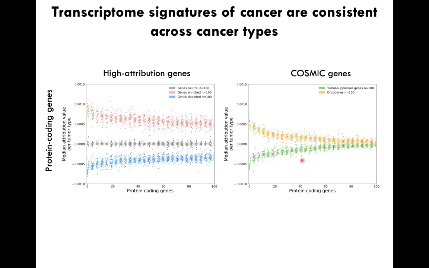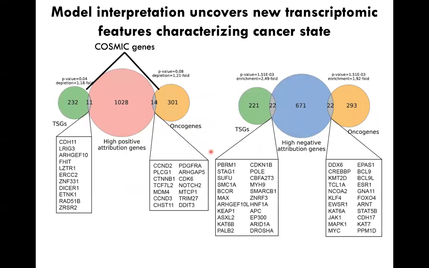I'm showing for reference genes from the catalog of somatic mutations in cancer that are annotated as oncogenes or tumor suppressor genes, just to show how these genes that are known oncogenes and tumor suppressors actually have smaller attribution values in general than our top high attribution genes. In fact, most of the high attribution genes that we find are not labeled as oncogenes or tumor suppressor genes